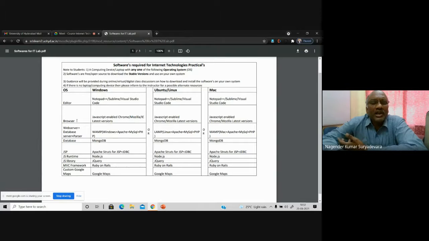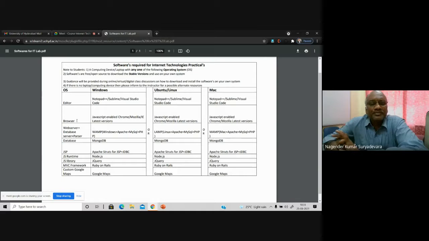Most systems will have a browser, that is implied, and please install a good editor. You may be familiar with different IDEs, integrated development environments. I'm not insisting that you follow only certain tools. You are free to use any tool to develop code and applications. But please remember, whatever tools you use, you should be able to make better use of them for solving the task, because ultimately your problem has to be solved with a good solution.